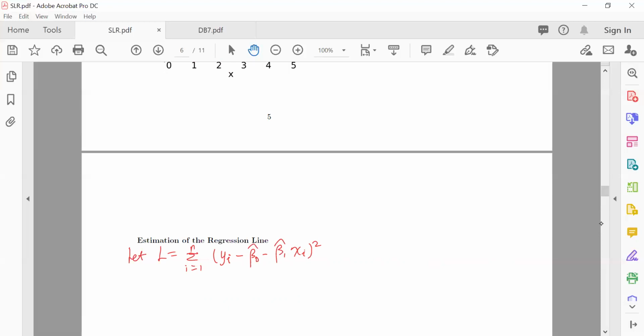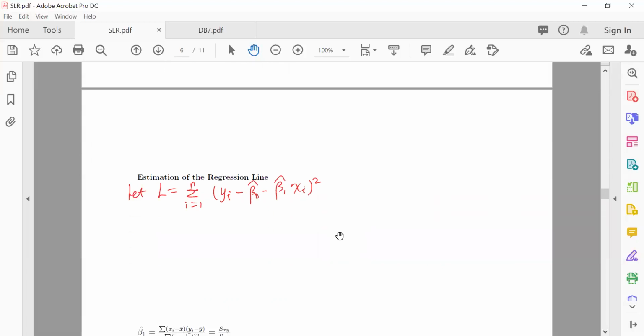This is the sum of squared residuals. We want this to be minimized. How do we find the minimum of something? We have two parameters, beta 0 and beta 1, that we want to solve for, right? In order to find the values of beta 0 hat and beta 1 hat that will make this L minimal, what we do is we set the partial derivative with respect to beta 0 equal to 0,